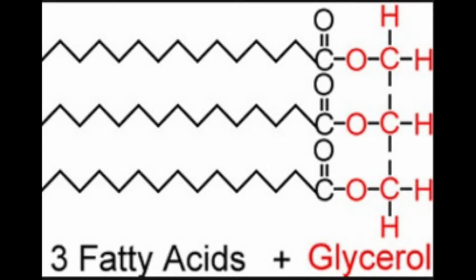What is fat? Here is one example. Those 3 carbons in red are glycerol, and that is the backbone that holds the rest of the molecule together. And the 3 long chains on the left are called fatty acids. It's a small difference in the structure of these chains that determines how good or how bad a fat is